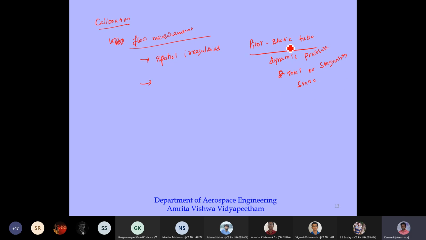These three things we can measure with the help of a pitot tube. And another thing is, if there is any flow angularity, that we are going to measure with a yaw sphere or claw type